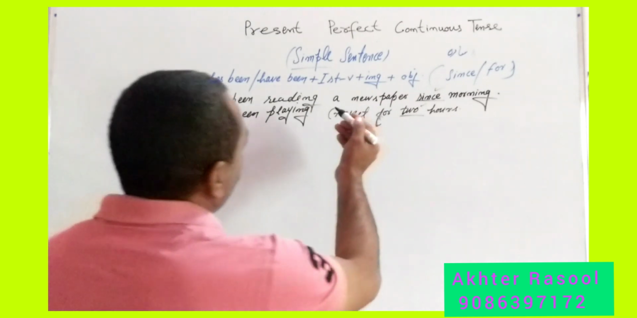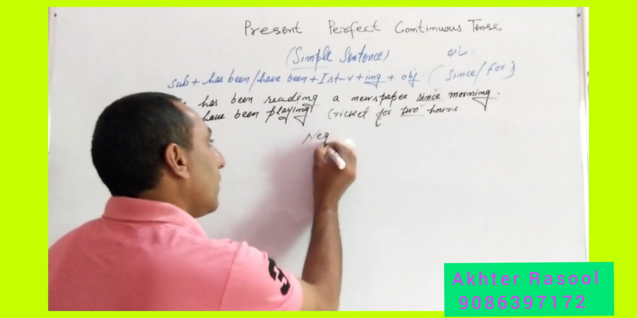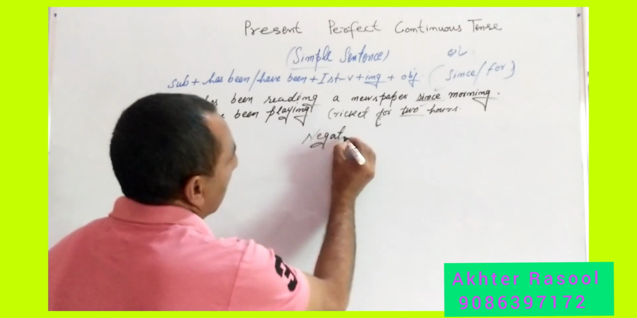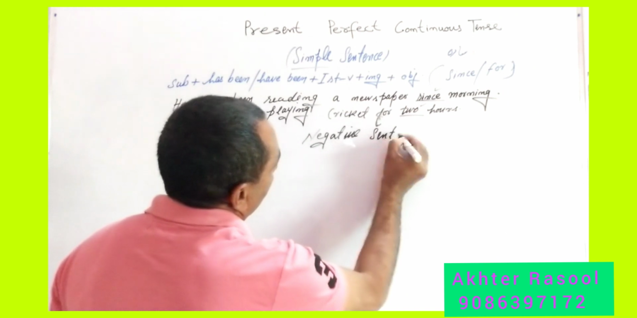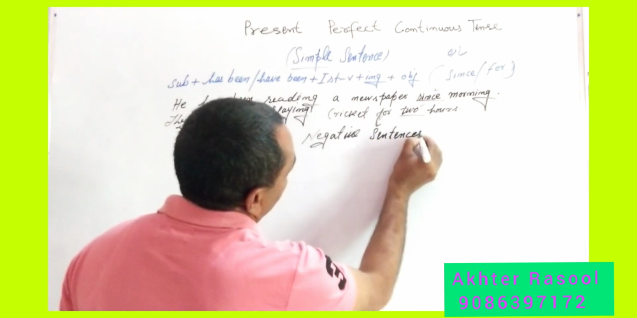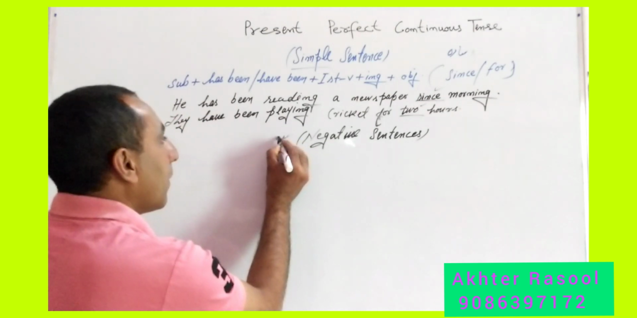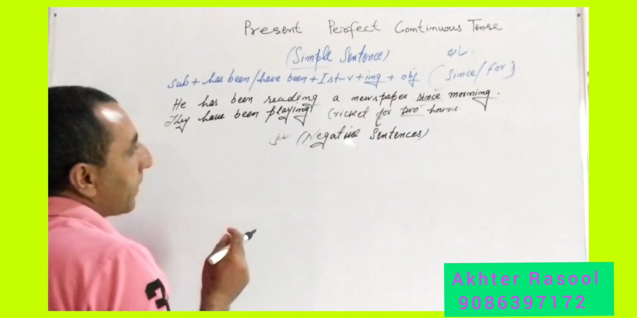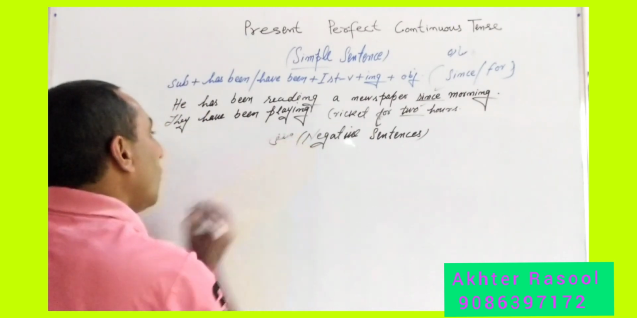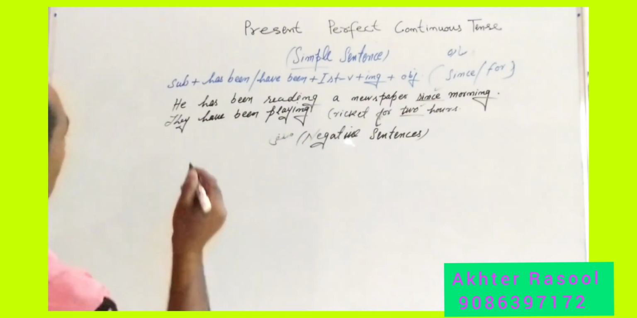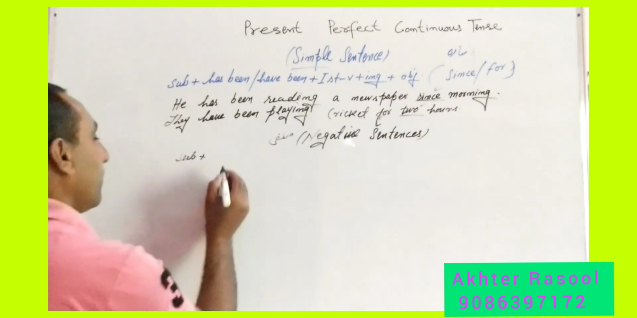How will we frame negative sentences? Negative means manfi. In such types of sentences, we use subject plus has